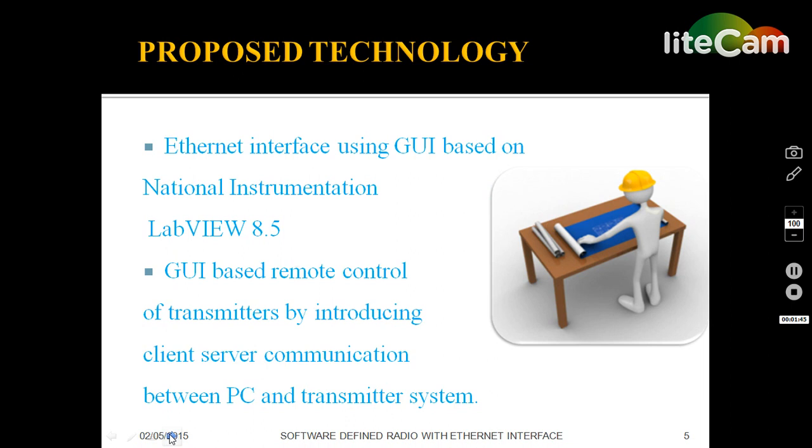There are two radio nodes which are controlled using GUI developed in LabVIEW. The client part is realized using LabVIEW GUI, which is interfaced with the PIC node using Ethernet cable. Ethernet interface with the PIC is done with the Raspberry Pi board. The two parameters, frequency and power levels of transceivers, can be adjusted using this LabVIEW GUI.